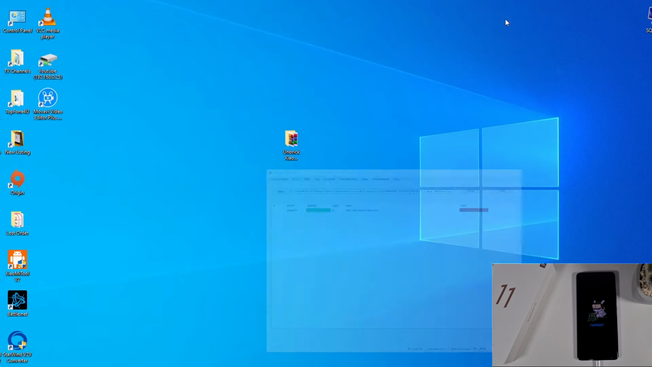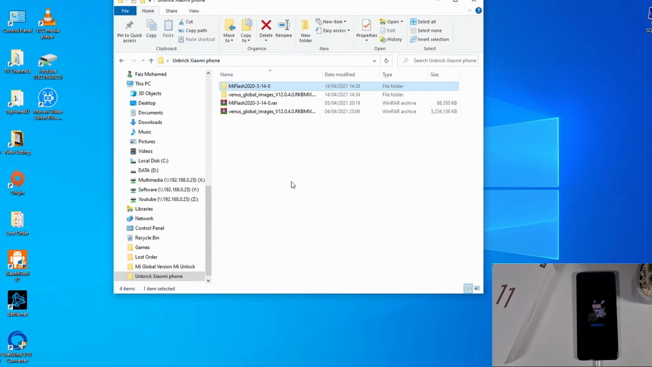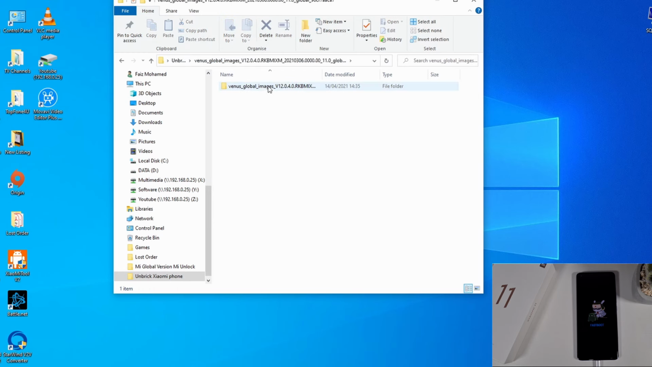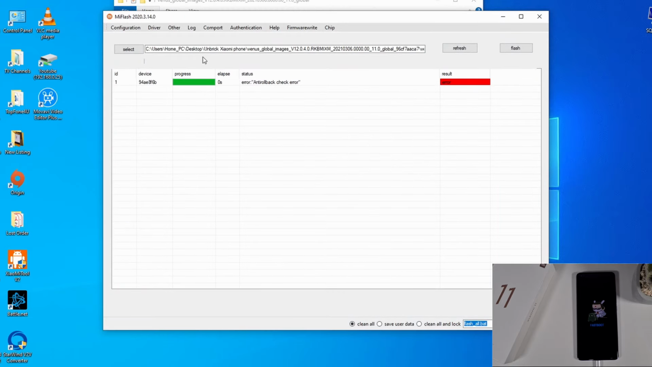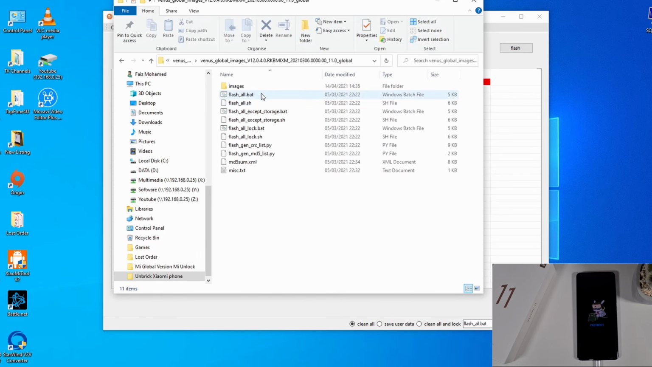Just go back onto this folder where you have your ROM unzipped. Double click on this and then open this folder. As you can see, when you click on flash, it's running this flash_all.bat. That's the one it's running. So find that within that folder,